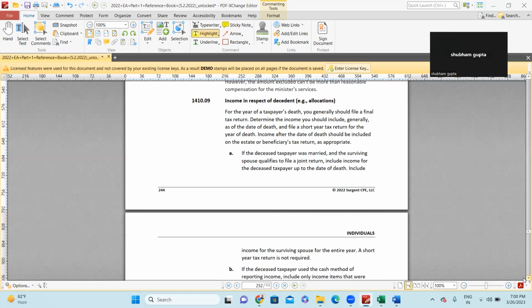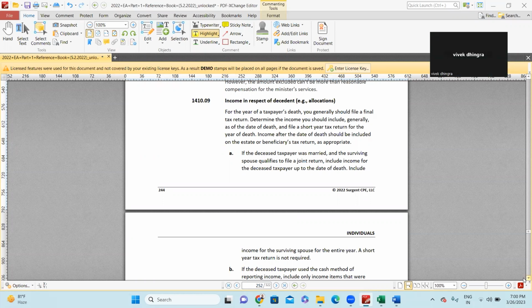One. Right? If they are filing a joint return, then they can file the joint return in the current year also. If the married filing couple are filing separately, then how many returns will go? Two. What are those two returns? One is the final return of the person who died, and one is the return of the legal heir or descendant. Make sense? Yes.